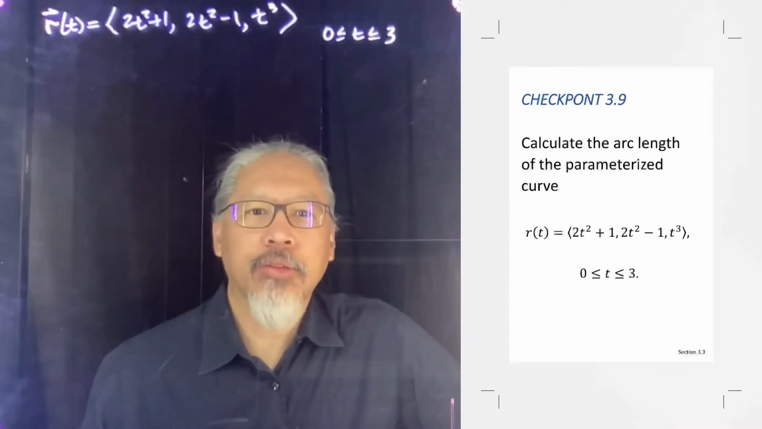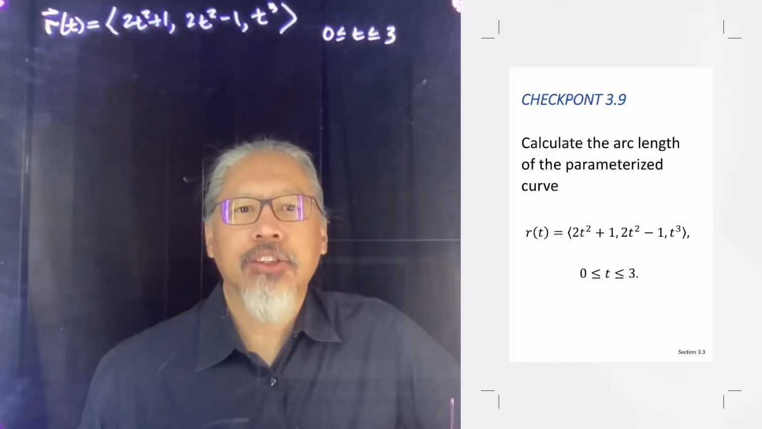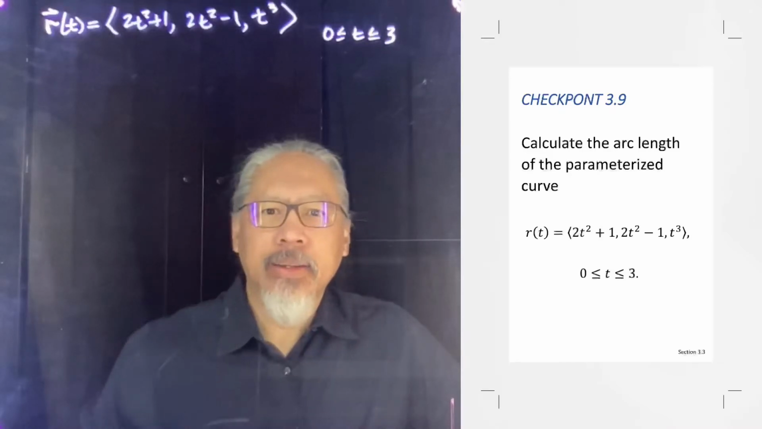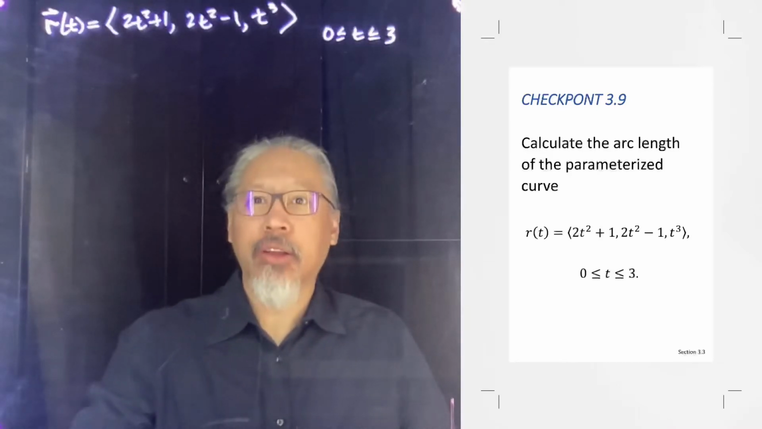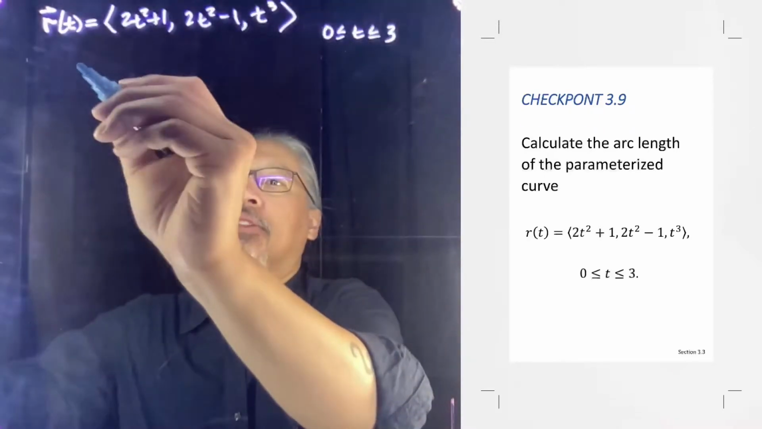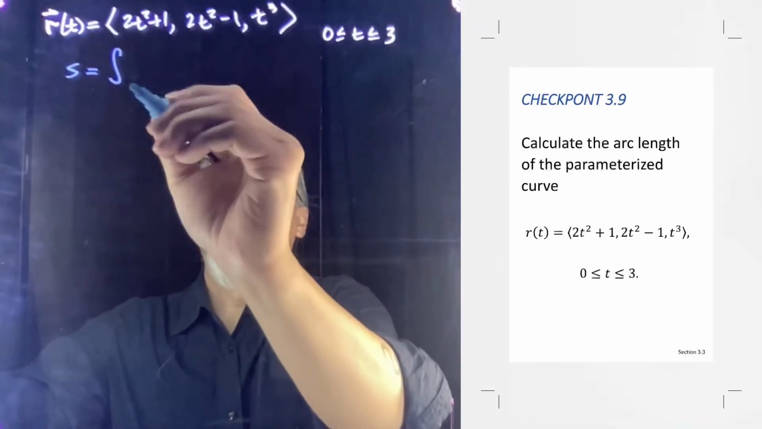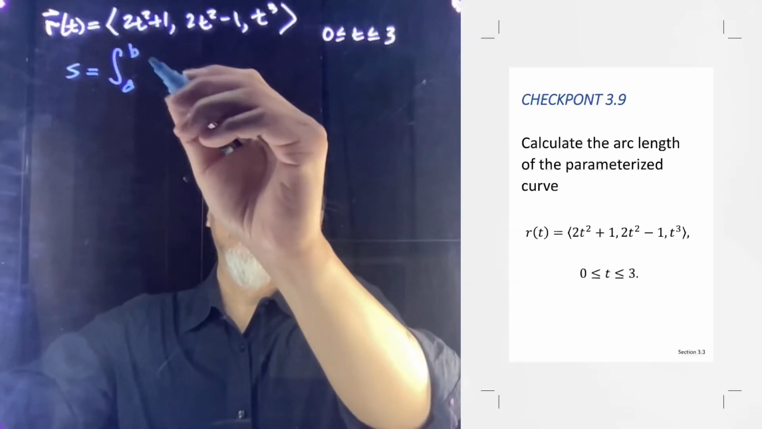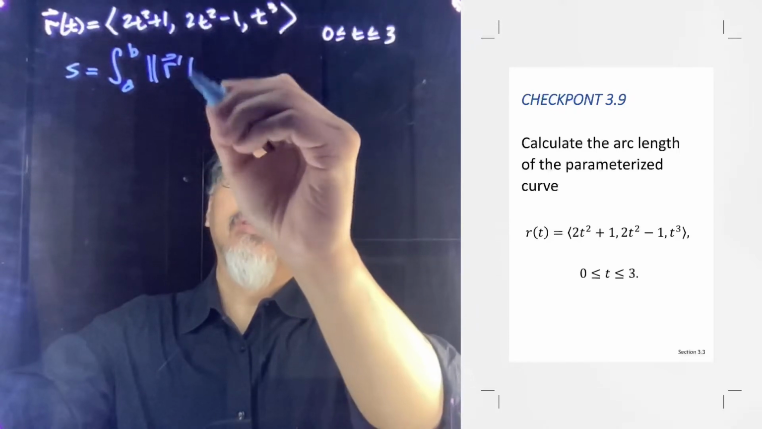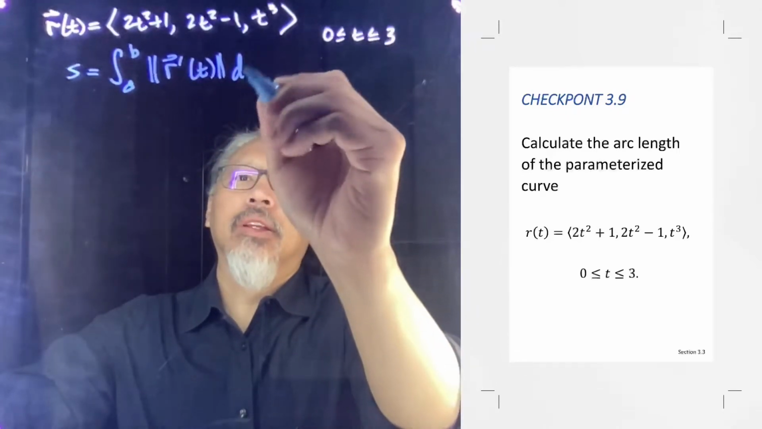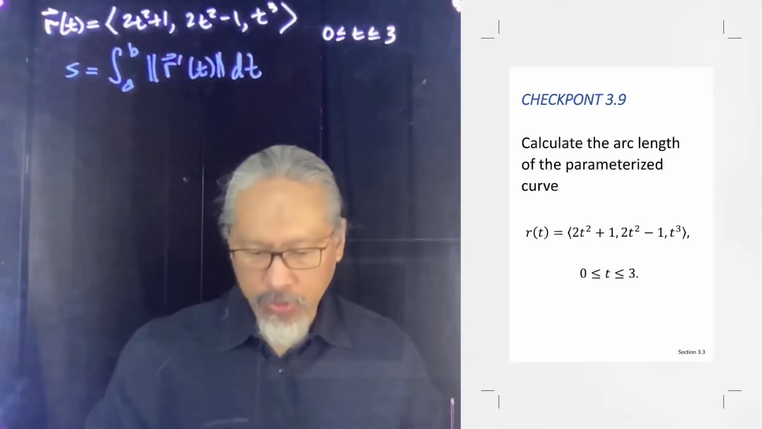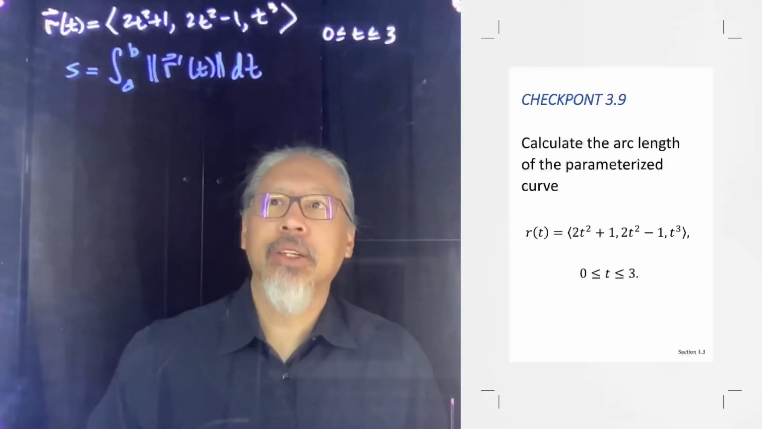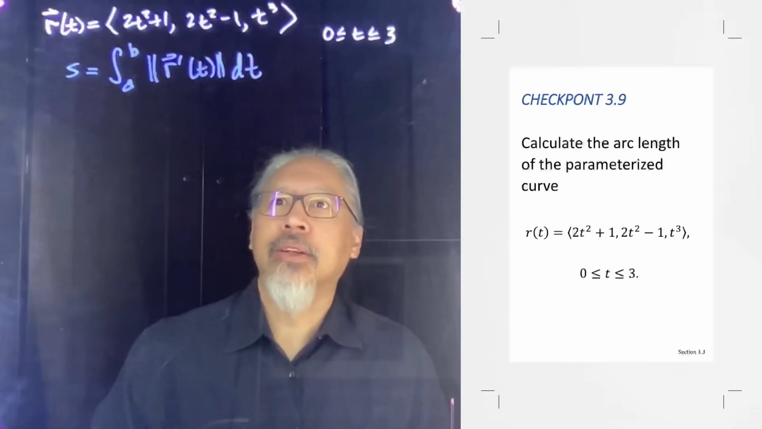We are doing checkpoint 3.9, and in this checkpoint they want us to calculate the arc length of this parameterized curve. So if we recall the arc length formula in the more compact notation that we found, it's the magnitude of r prime of t in an integral from a to b, whatever those limits might be. Well, in this case the limits are going to be from 0 to 3,